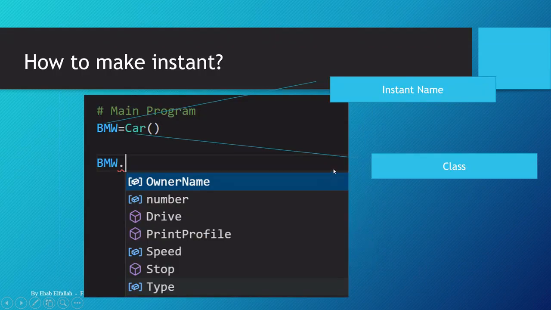And how to make an instance, how to make objects after we construct the class. As we say, the class is the blueprint. So how to make an instance from that class. For example, if we go to the main program and we want to make an instance, we can just name a variable and set it equal to the class name. So here the instance name is BMW, for example, and the class is like a type that we create new